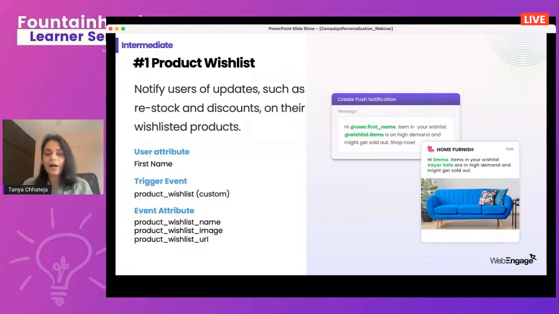Moving forward, now I'll be covering the intermediate use cases. A product wishlist use case can be implemented under such circumstances where, let's say, a user has added a product to his or her wishlist and the product unfortunately was out of stock. Now, let's say that the product has come back to stock. This would be a very good time to message your users, and this is a nudge that you should not